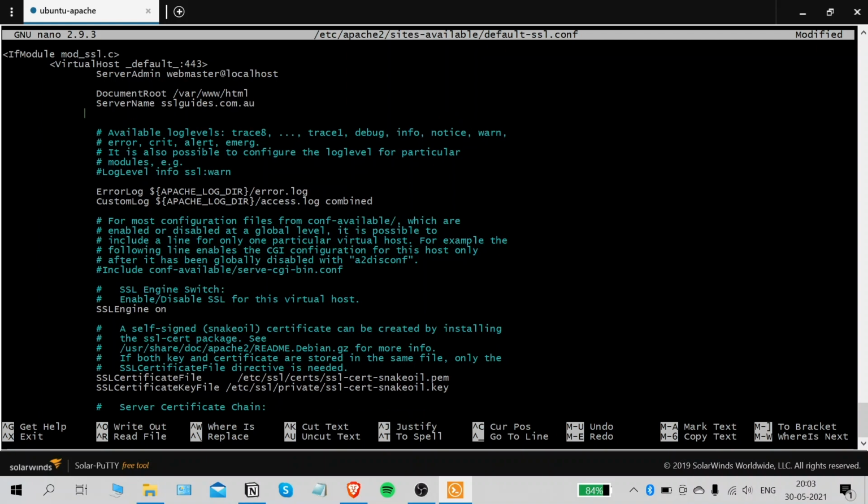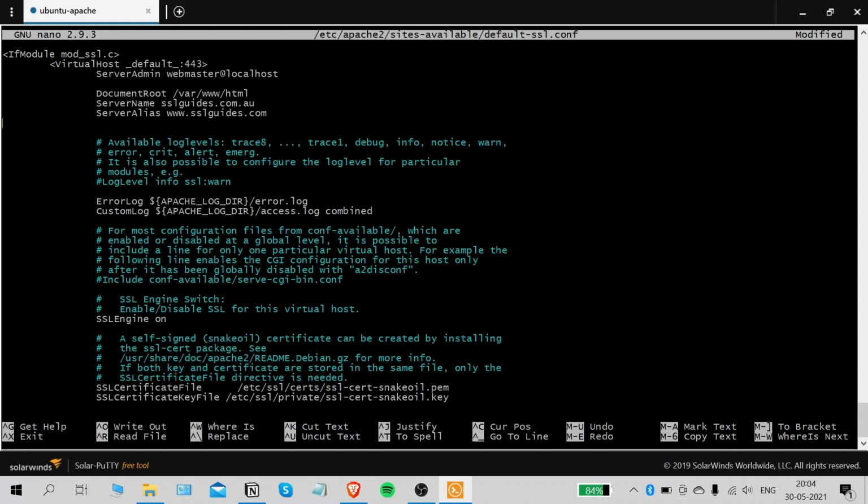And let's create a server alias. So these are some of the changes that you need to make. Just type in www before your domain name, and click on enter. And that is just about it. And navigate